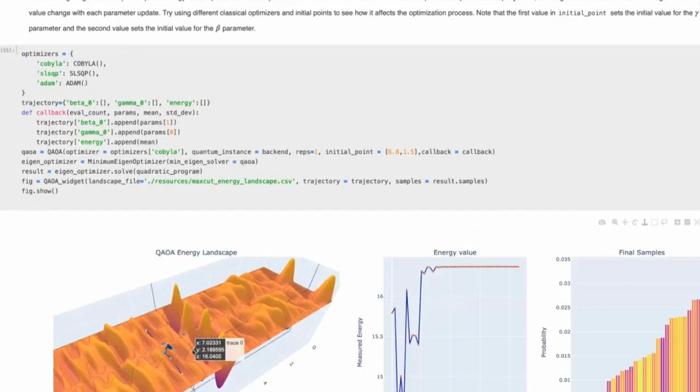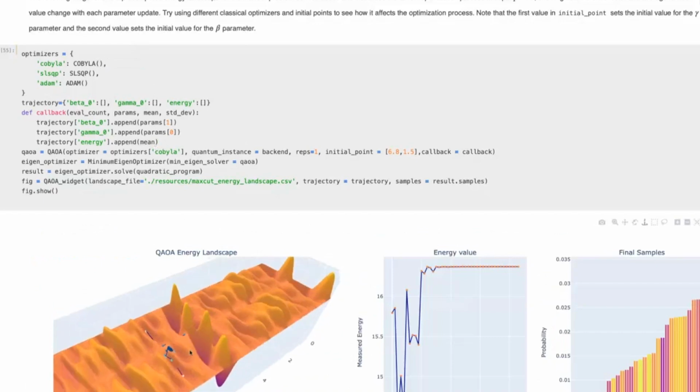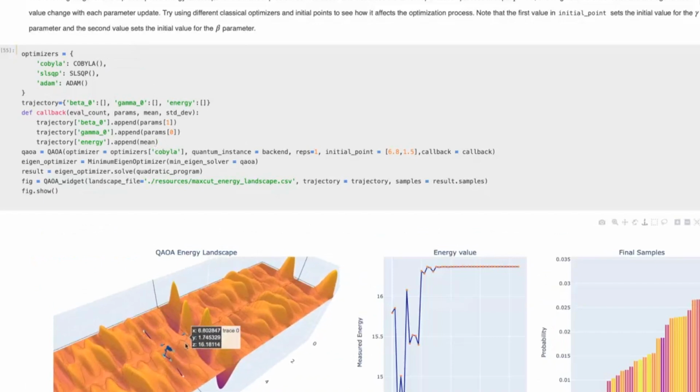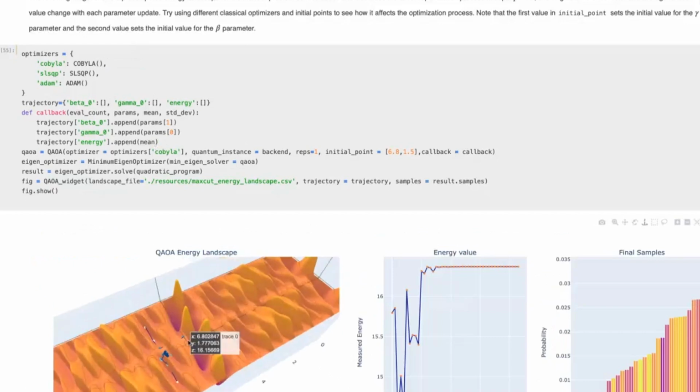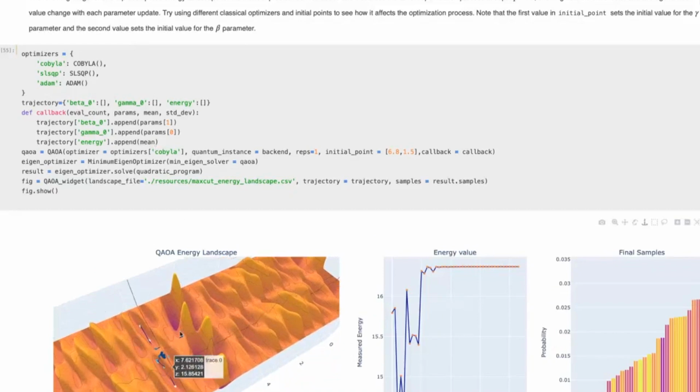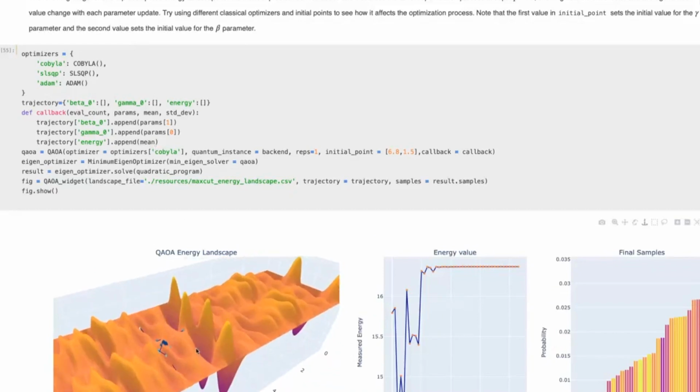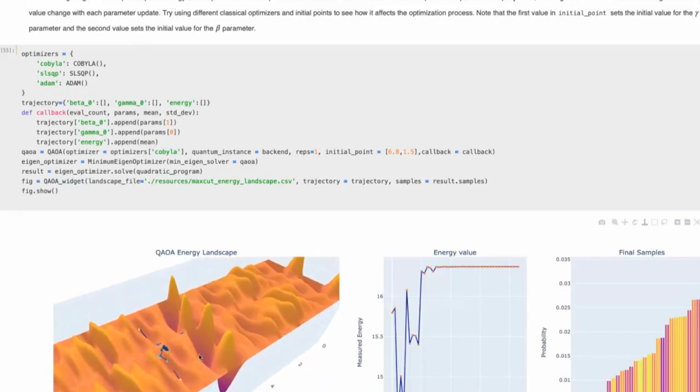So as one last thing, let's try to actually adapt the COBYLA optimizer in order to improve the optimization. We can see that the reason why COBYLA fails in this case is because at the very beginning, it shoots off very far to the side, and then it gets stuck in this local maximum. And so the COBYLA optimizer actually also takes some initial parameters, one of them being the initial step size.